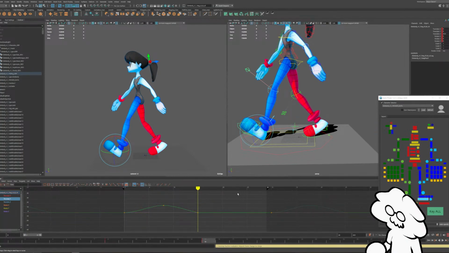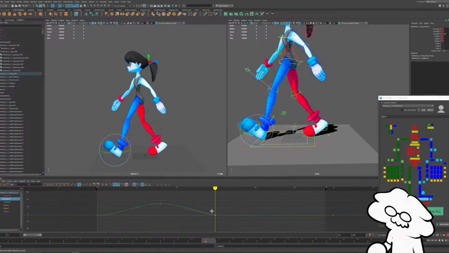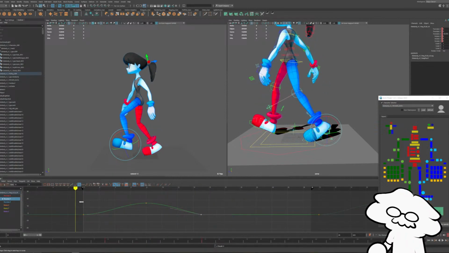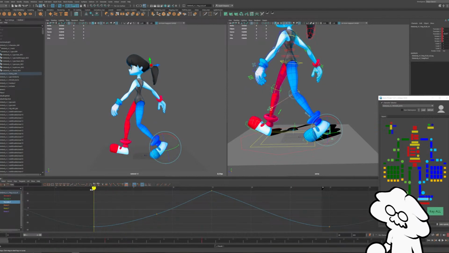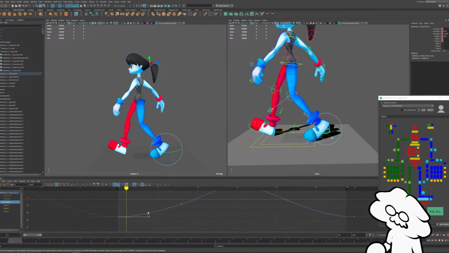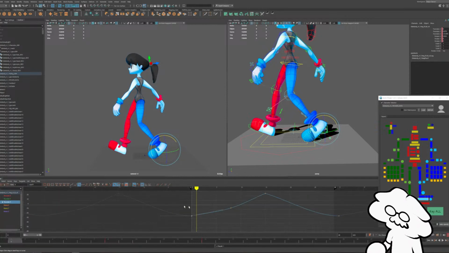So translate Y keys as it's being lifted up. Oh yeah, it's linear. We already did that. And then translate Z keys. We will have it going linear, going upwards.